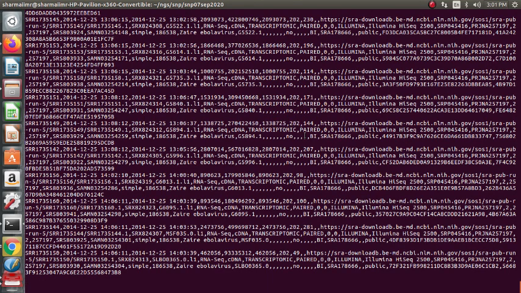In the first step, esearch -db sra -query, you counted the total number of SRA sequences which are deposited for the project.